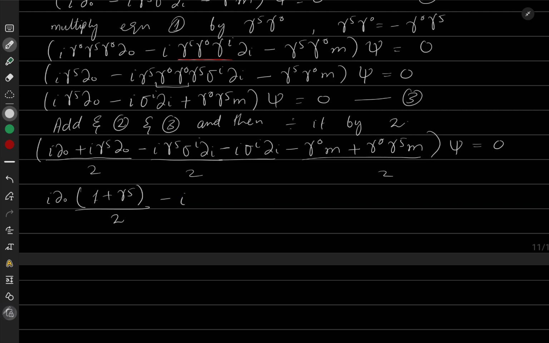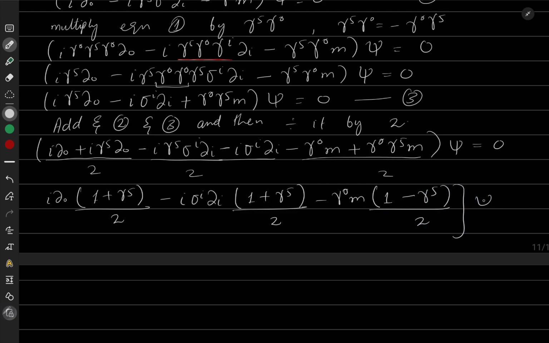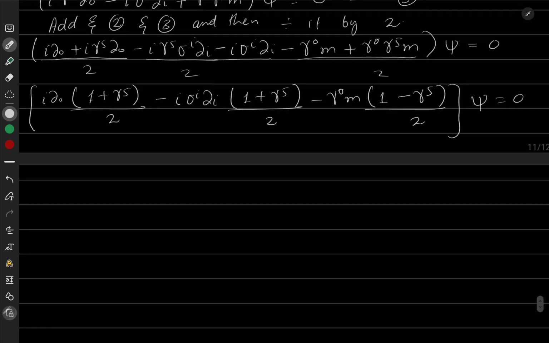I take iota, I take minus iota sigma I di common, and I will be left with 1 plus gamma 5 upon 2 minus gamma 0 m. And I take psi common, and from here I will get 1, and here I will get sigma 5 upon 2, and everything is multiplied by psi. Okay, here I introduce chiral